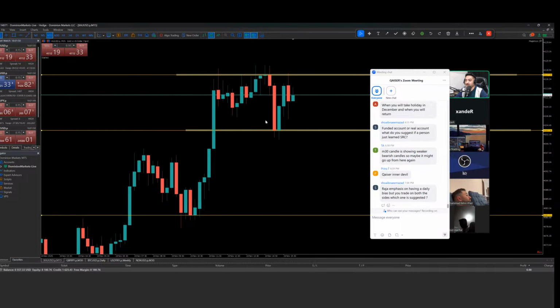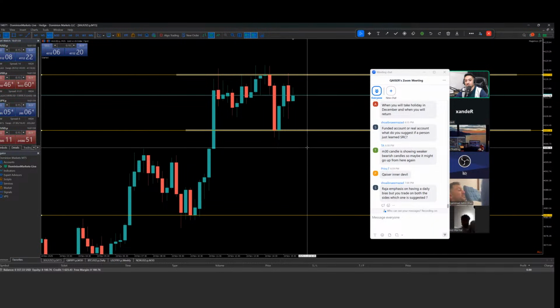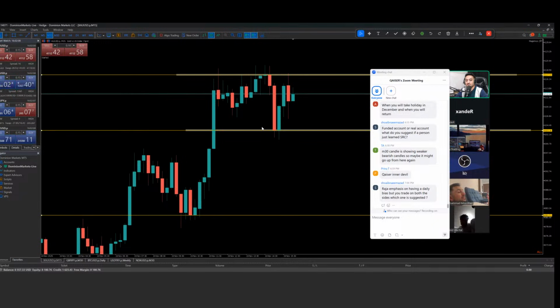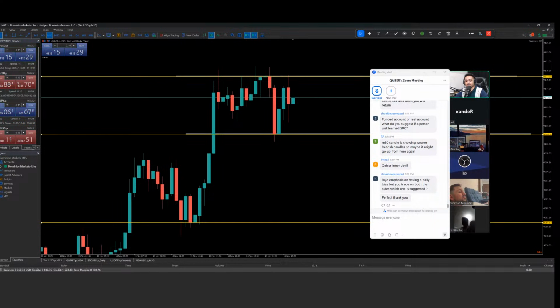If it creates a higher low, something like that, then I will set one bias. But right now, if we break above this side, we have clean traffic on the left hand side, and at the same time if we break below this area, a psychological number as well, we have clean traffic on the left hand side, so both have opportunity. Right now there is no trend going on, so I cannot set a bias. We just need a breakout structure here. Wherever I get a breakout structure, that will be my bias. Make sense? I hope you guys understand this.